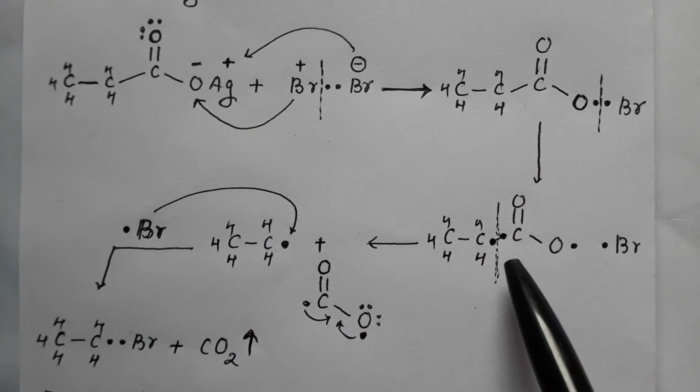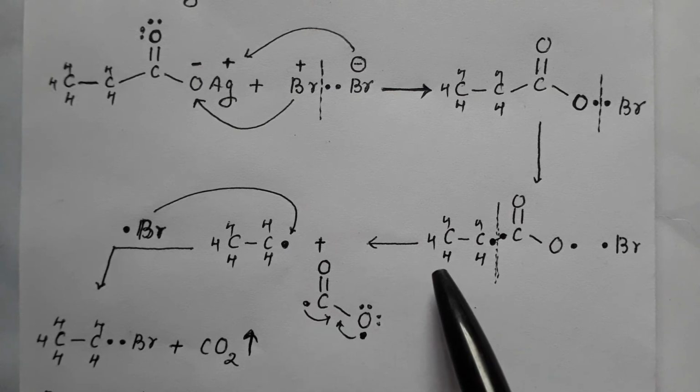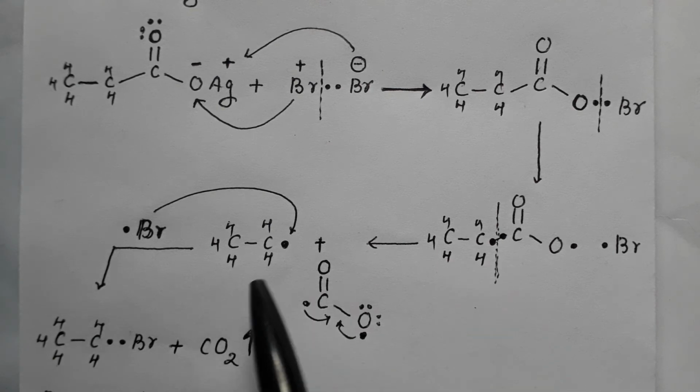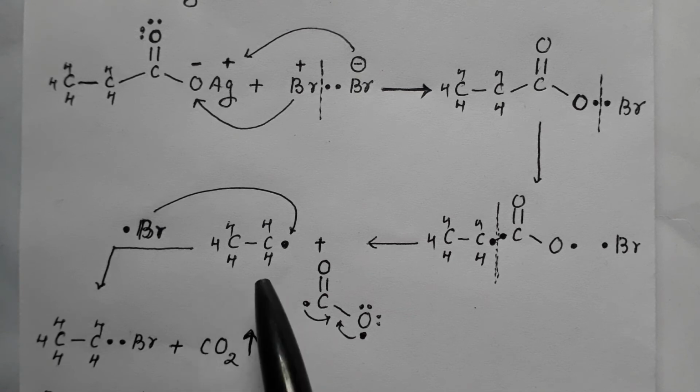Single electron is coming to the carbon, forming this. These single electrons then undergo shift, resulting in formation of a pi electron pair, converting it into CO2, which is getting removed, that is getting decarboxylated. And at the same time, the CH3CH2 with a single electron, that is ethyl free radical is formed.